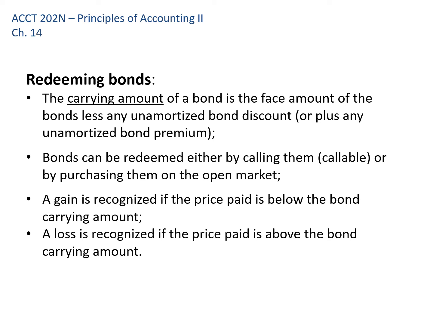If on the other hand, I owed you $1,000 and I come to you and say I want to pay it off early, and you said, well, I don't really want you to pay it off early, so in order to let you out of it, I'm going to require you to pay me $1,030. Well, in that case, I'm paying more than what I owe to get out of this debt. That's going to be a loss. So that's kind of how we think about gains and losses when we pay off bonds early.